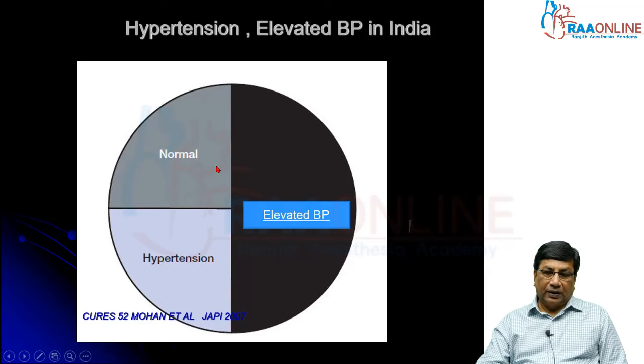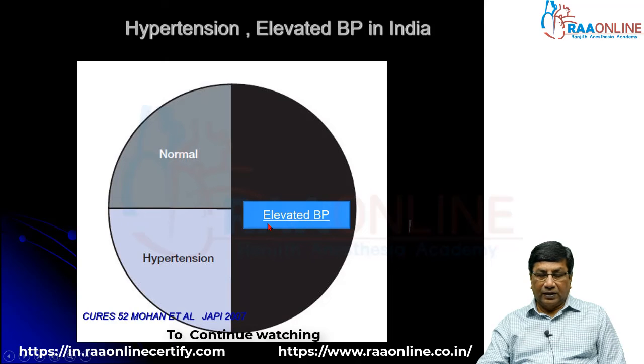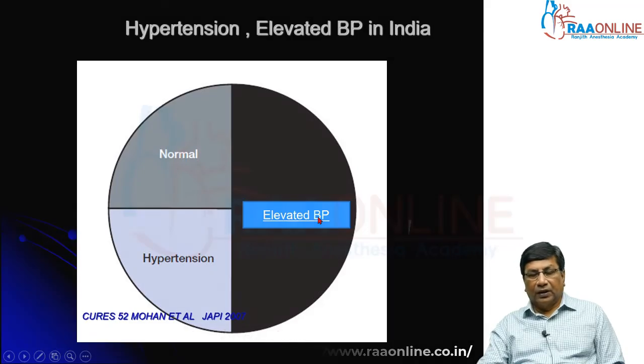What other important parameter we have to understand is this. I told you almost 1/3 of our patients are hypertensives, and 50% of our population are waiting to become hypertensives, because as you know, 130 to 140 is called high normal pressure, or some people call